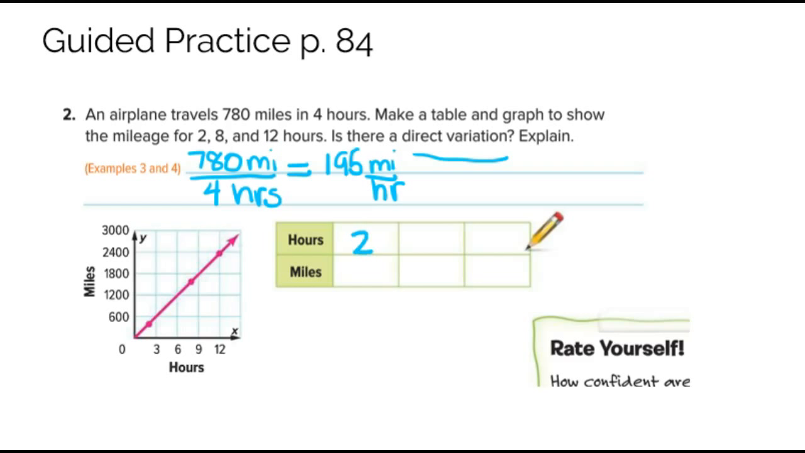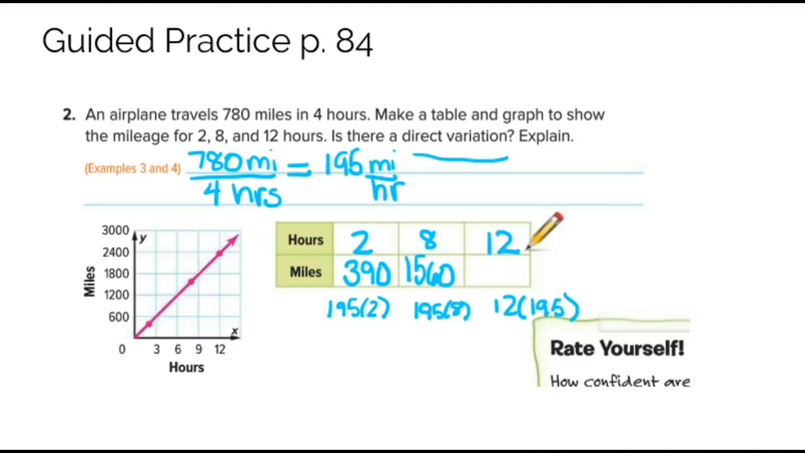I want to find 2, 8, and 12. So my hours that I want to put into this table are 2, 8, and 12. To figure out 2 hours, if I'm going 195 miles per 1 hour, I'm going to take 195 and multiply that by 2. That's going to give me 390 miles. To figure out 8 hours, I'm going to take my 195 and multiply that by 8. That's going to give me 1,560 miles. And last but not least, 12 hours multiplied by 195 miles each hour, that's going to give me